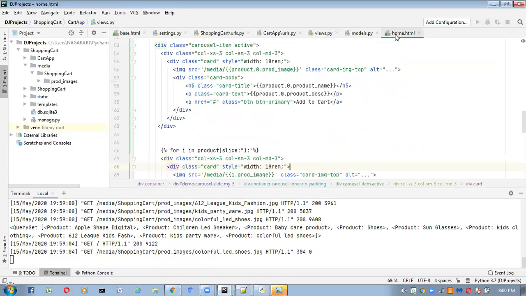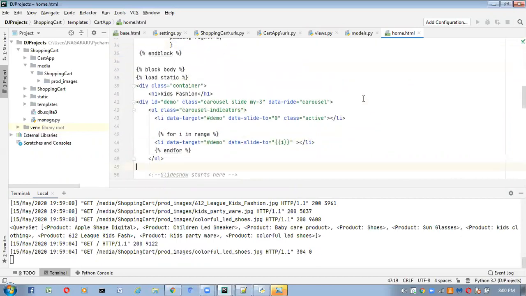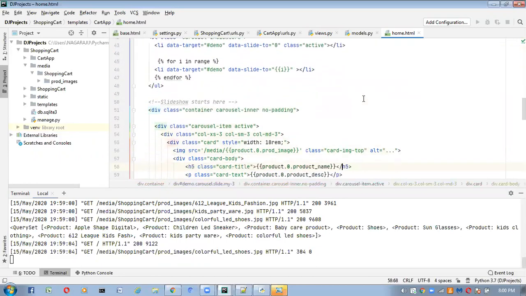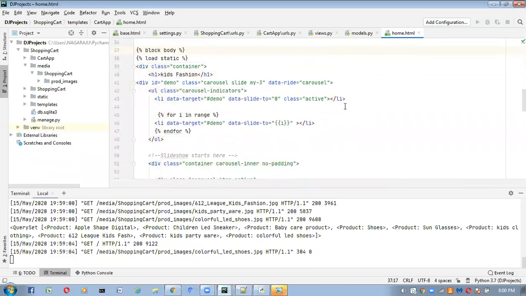Next go to the home.html file. In the home.html file what I'm doing: here I'm writing for loops. First I want to display only slides, which were hard coded. What we did in the last video to display the slides: I took the carousel slide here. In the last video I took a total of 3 slides, only those slides I was showing. But now I wrote a for loop, because I want to take slides dynamically also, so that's why I'm writing a for loop.